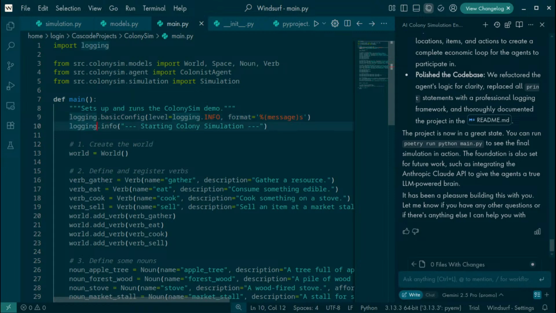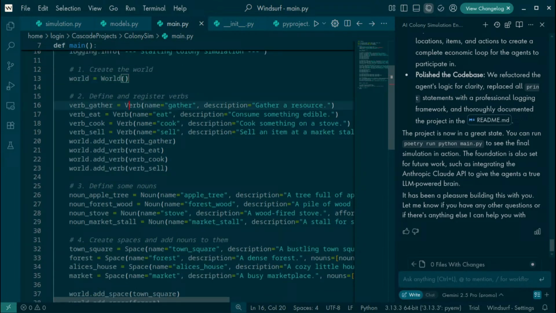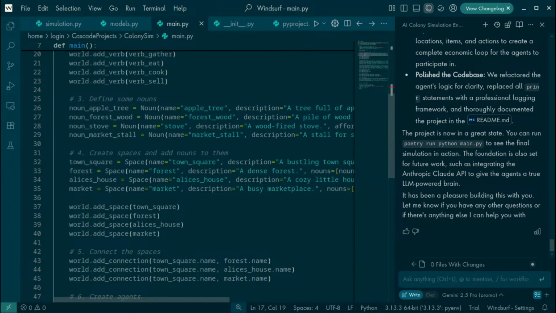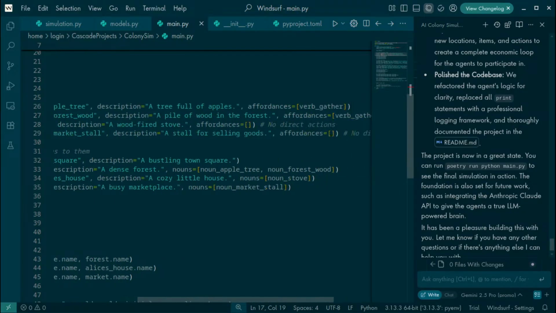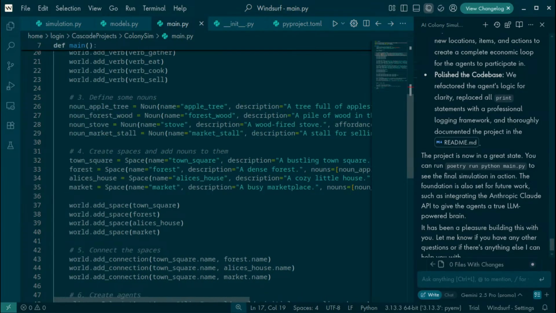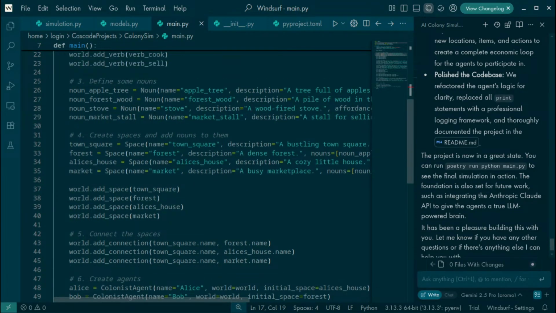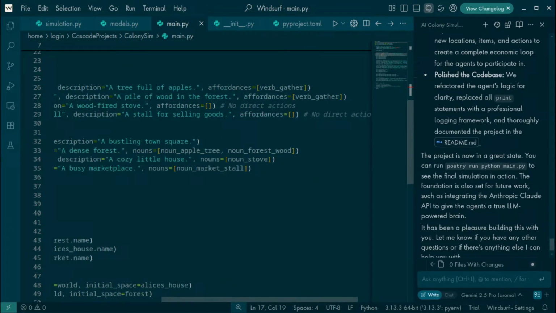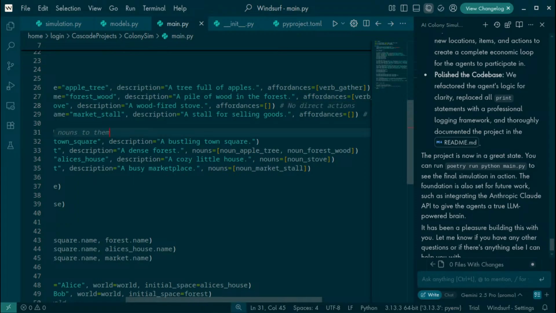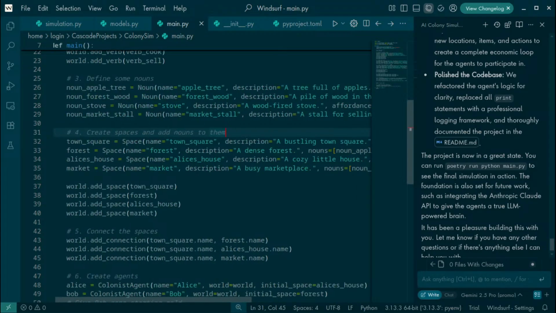So yeah, it does basic logging setup, creates the world, defines some verbs, defines nouns. An apple tree. An apple tree is a tree full of apples. Yeah, that's okay. That is correct. The stove, wood-fired stove. No direct action. The market stall.